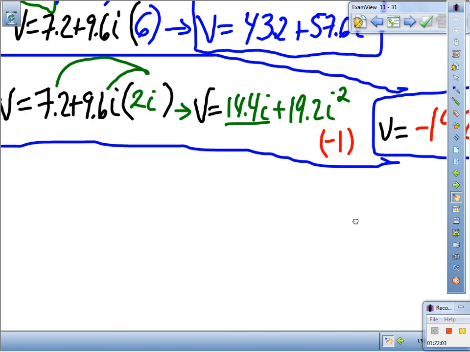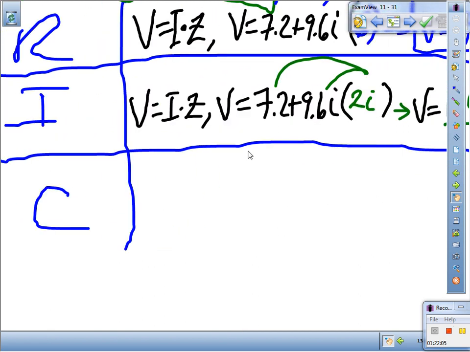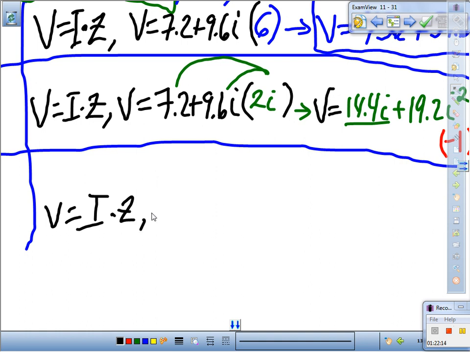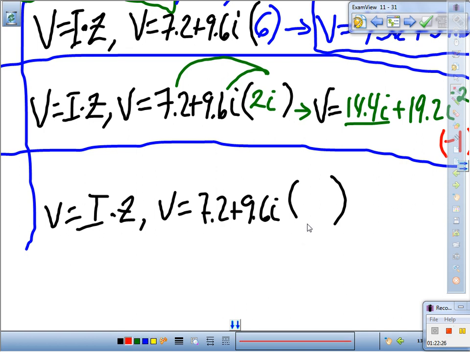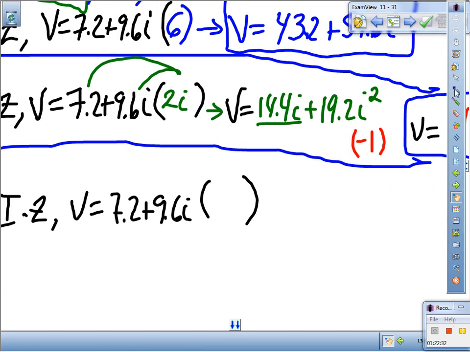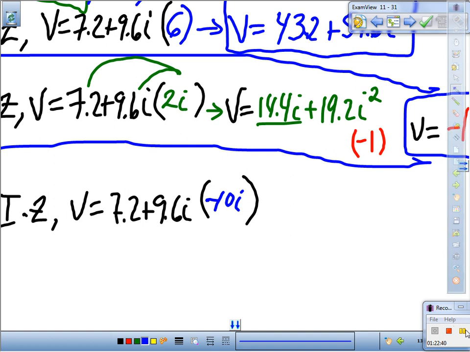All right, and last but not least, capacitor. Here we go. V equals I times Z. V equals 7.2 plus 9.6I times, what is the impedance of the capacitor? -10I. -10I. I'll give you a head start so you can finish that one. Should be done by now, but